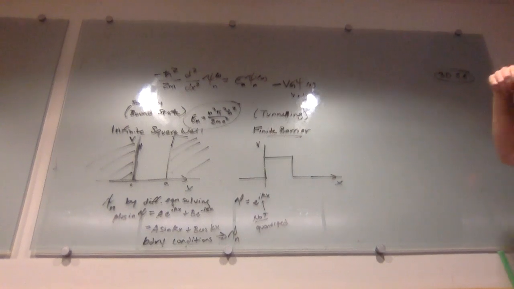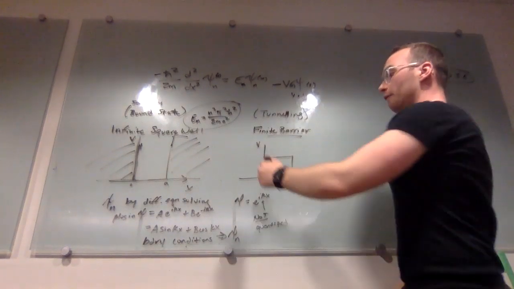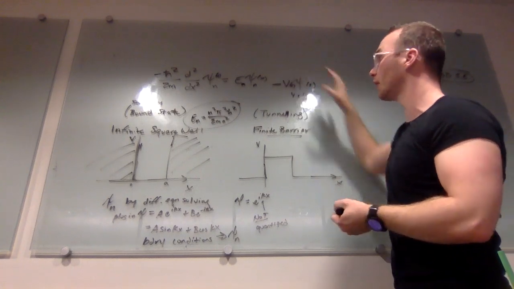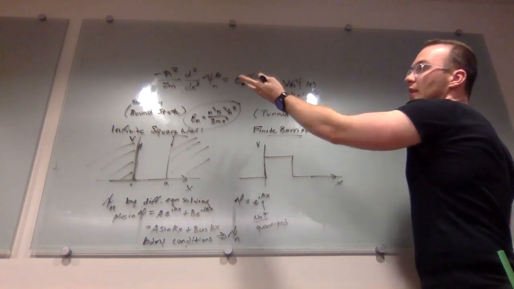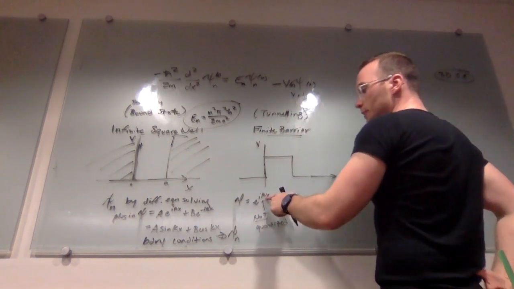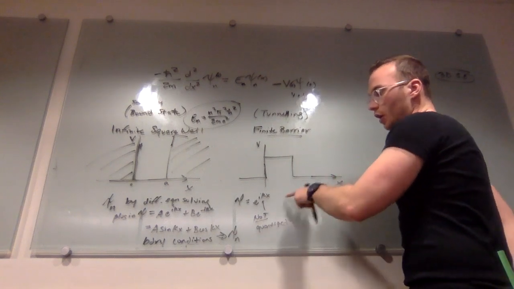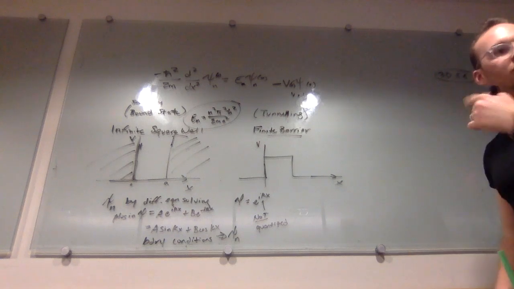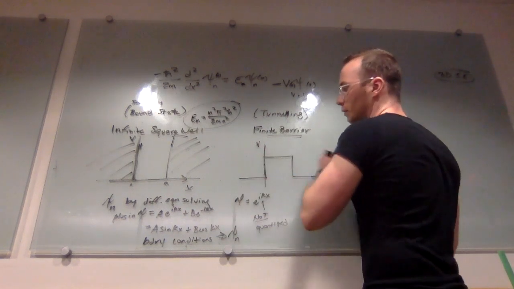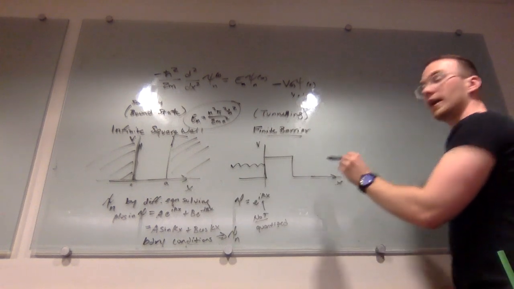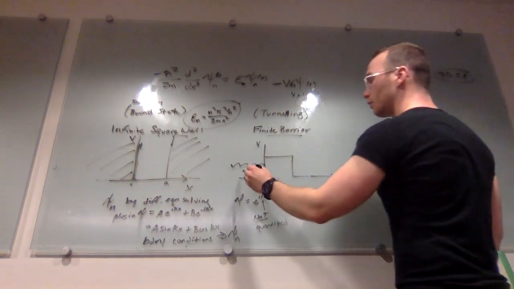So for the finite barrier, we had a free particle coming in. A free particle is one that satisfies this Schrodinger equation with V equals 0. We know the solutions to that because we use that for waves and stuff, right? And so that would just be like this. Of course, there's another term for it going the other direction, but we can just pretend that it only goes in one direction because we only care about the tunneling this way. So we know it goes like this. Now, on the other side, in region 1,